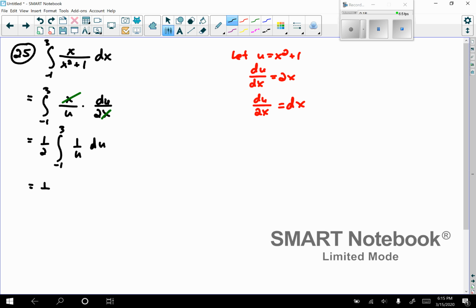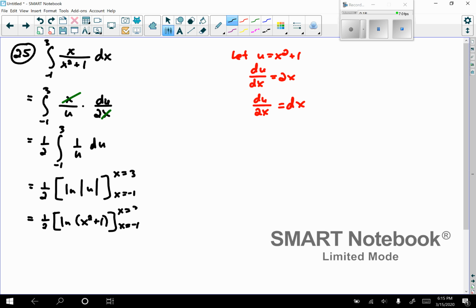So this becomes 1/2 times the natural log absolute value of u. Again, x equals -1 to 3. So let's bring back in that x squared plus 1. Now because x squared plus 1 will always be a positive expression, I no longer need the absolute value bars here. So this just becomes natural log of x squared plus 1,